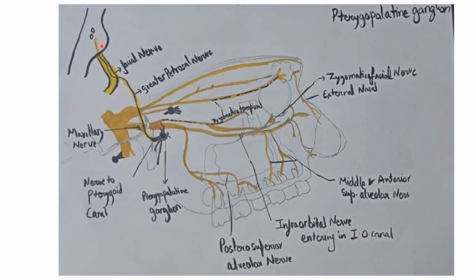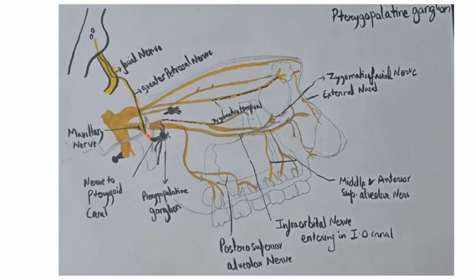Actually the fibers are passing first through the nervus intermedius, from the lacrimatory nucleus to the nervus intermedius. Nervus intermedius is actually a small sensory branch of the facial nerve, sensory root of the facial nerve, right? So from the lacrimatory nucleus to the nervus intermedius, and from the genu to the greater petrosal nerve, and from